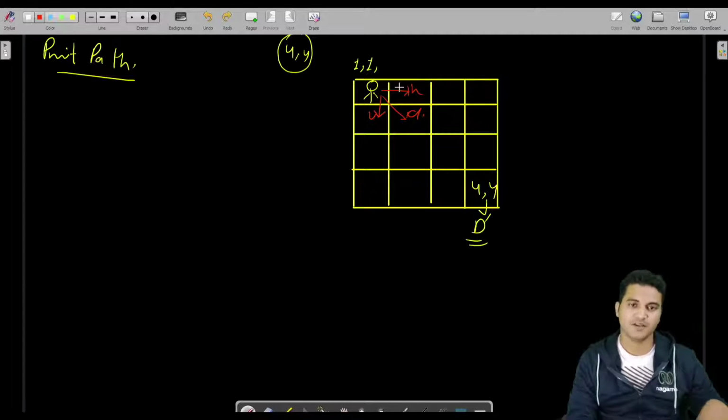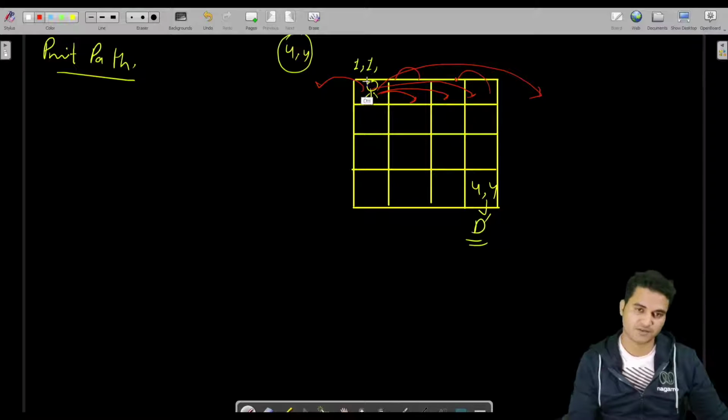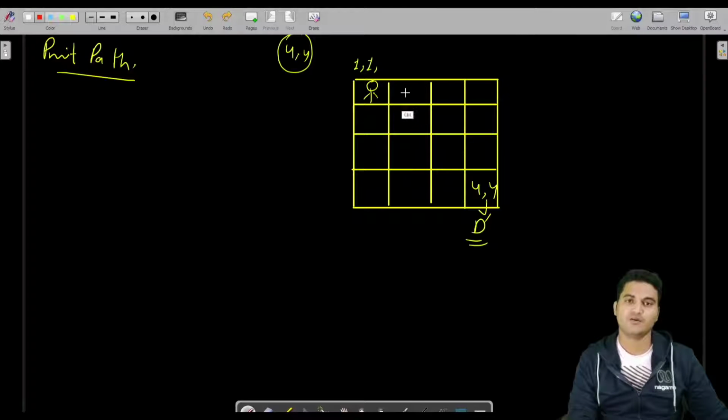You can take any size jump, like you can jump from here to here, here to here, or even here to here also. That is up to you. You can take anything, but you cannot take reverse jumps. You can take one or multiple jumps.